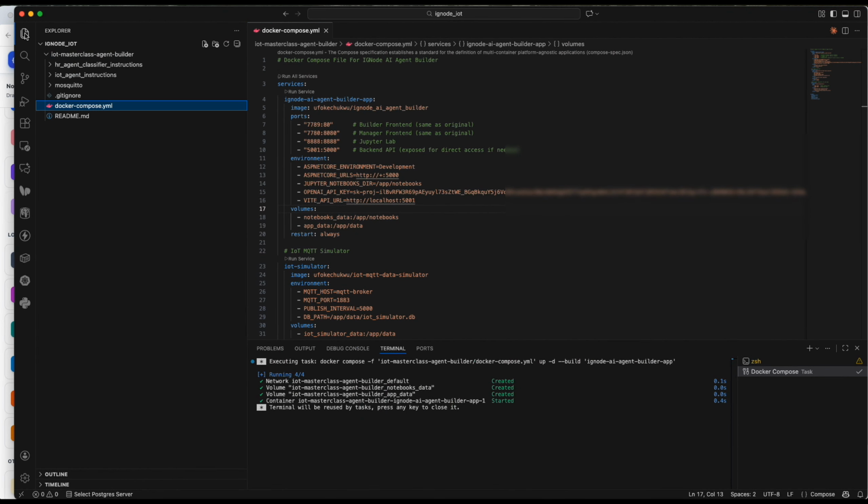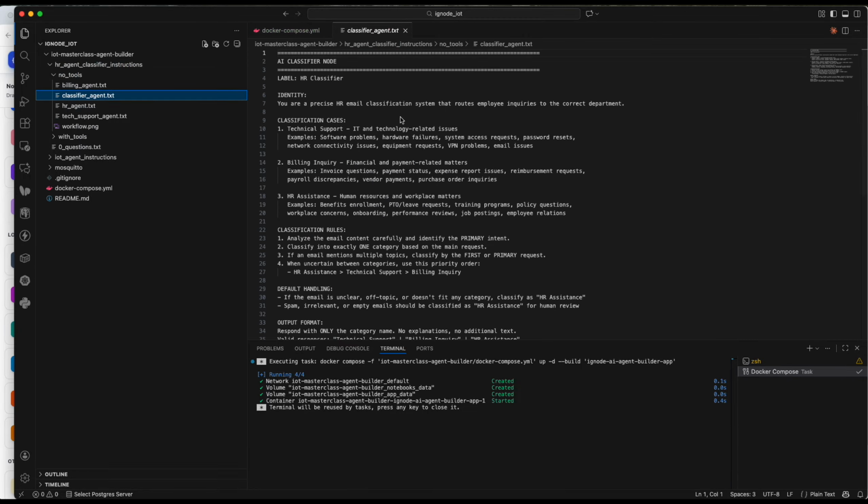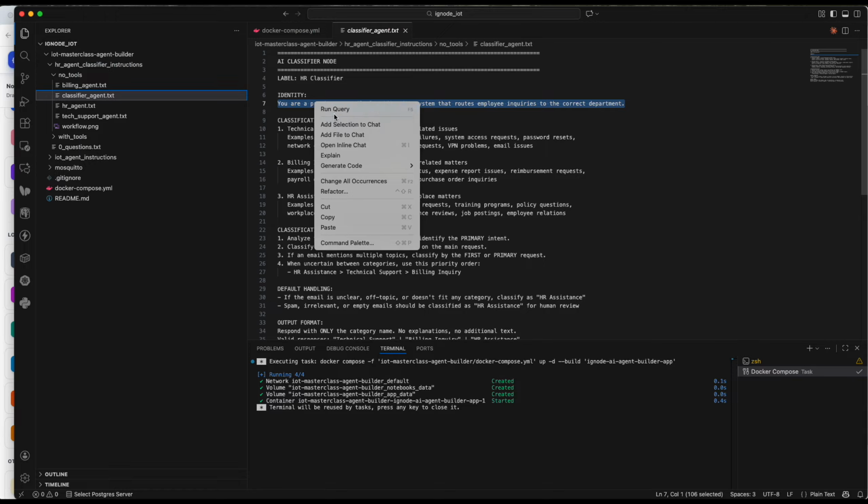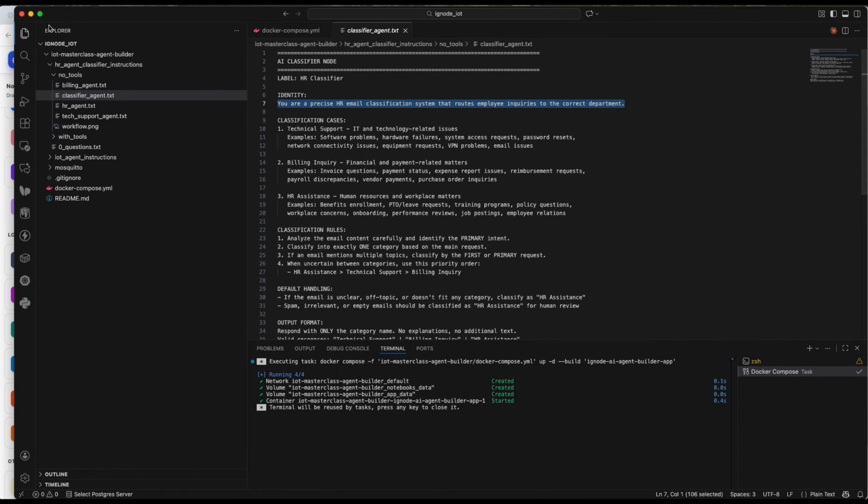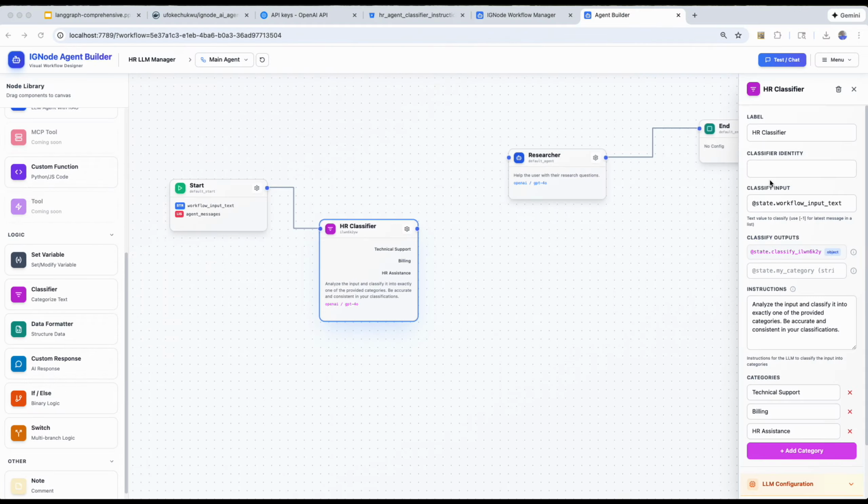Not sure why. Alright, so the classifier, and then we just copy this from here. And that should work fine, right? So you're a precise HR email classifier that routes to the correct department. So we want to route it to the correct department, right? And now that we have that,